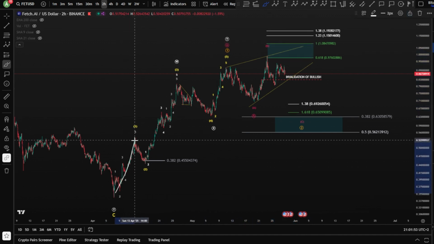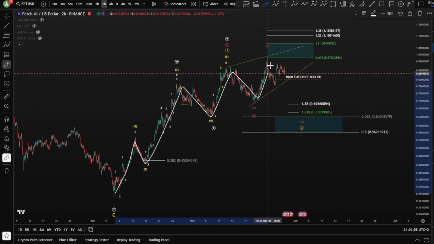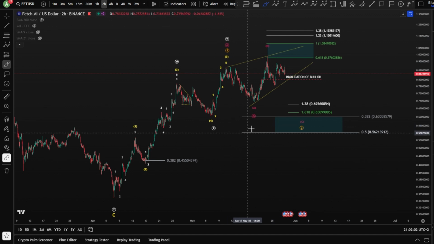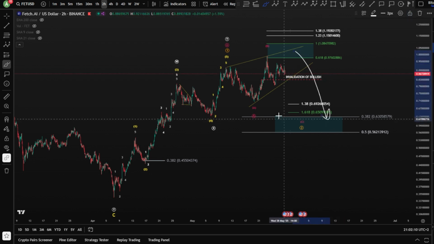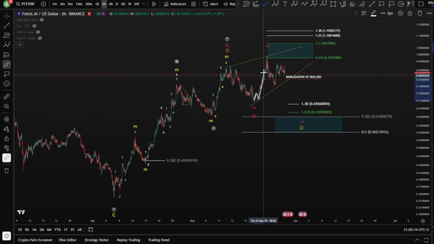Meaning, if we are in impulse 1, 2, 3, and you are in a wave 4 here, the wave 5 might finish as well in an ending diagonal to hit this blue box again, knowing that we already hit it, which is much more than enough, I would say, and moving toward the downside after all for a wave 2. Now, basically, I can call this a 1, 2, 3, right? And then we have a wave 4, and we might also be in a wave 5,